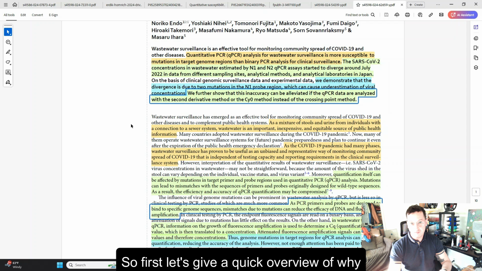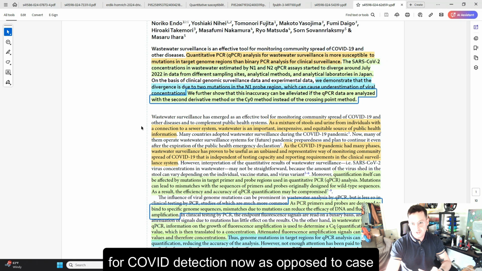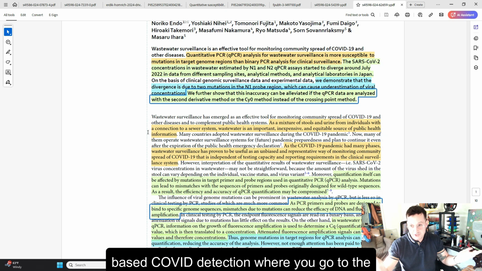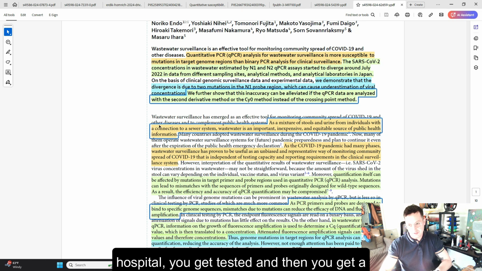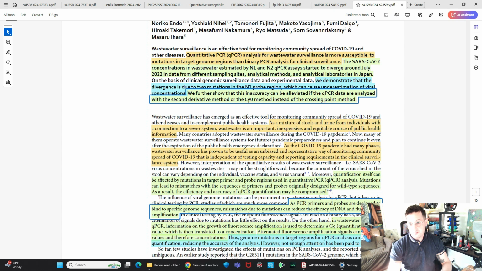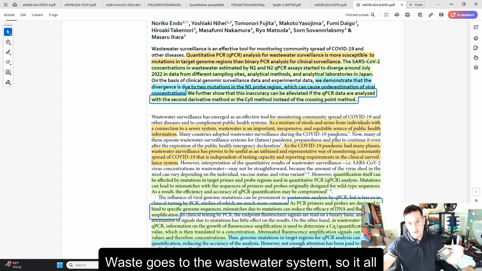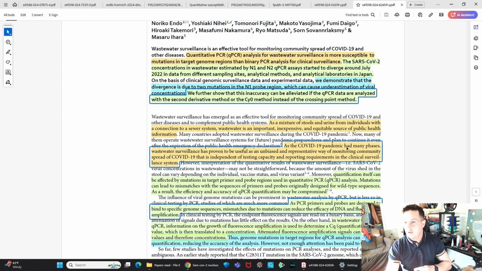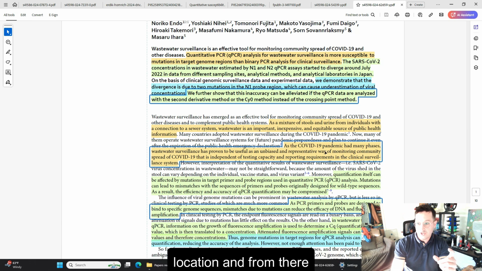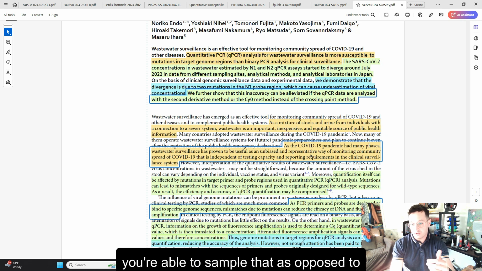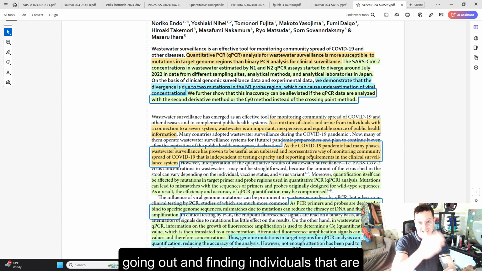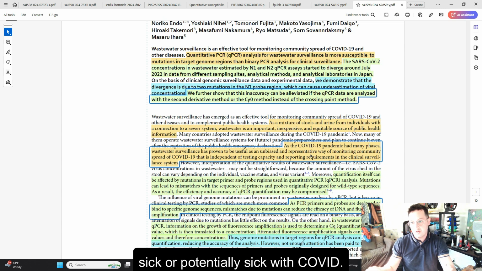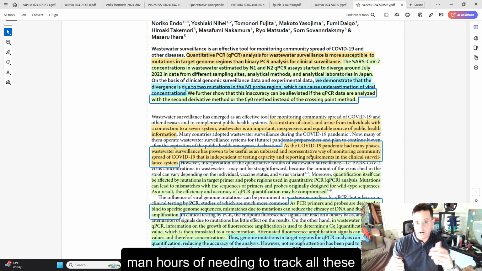So first, let's give a quick overview of why wastewater is important and why we use it for COVID detection now, as opposed to case-based COVID detection, where you go to the hospital, you get tested, and then you get a result. Well, first, it's because it's really easy to do in a way. Everyone poops, everyone pees, all that waste goes to the wastewater system, so it all aggregates at one location within your immediate area. Obviously, everyone's waste goes different places, but it goes into your immediate area in one location, and from there, you're able to sample that as opposed to going out and finding individuals that are sick or potentially sick with COVID. So it reduces the man hours of needing to track all these people down,